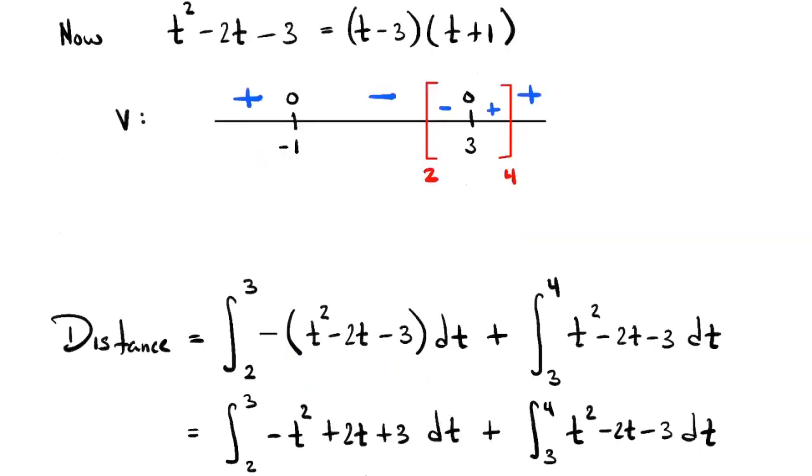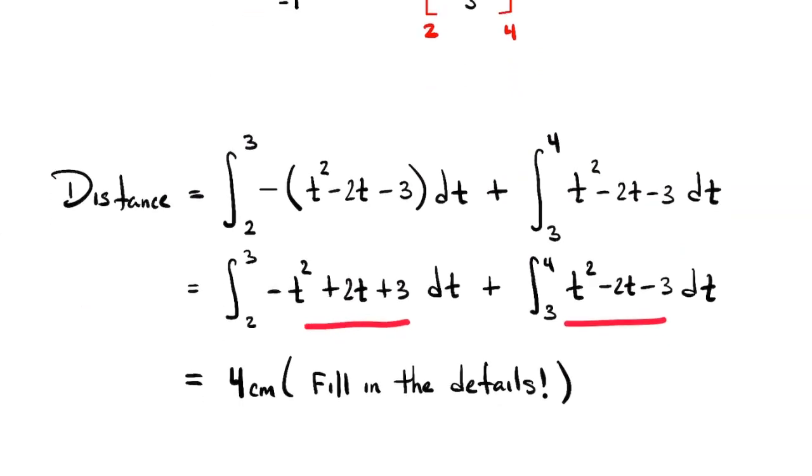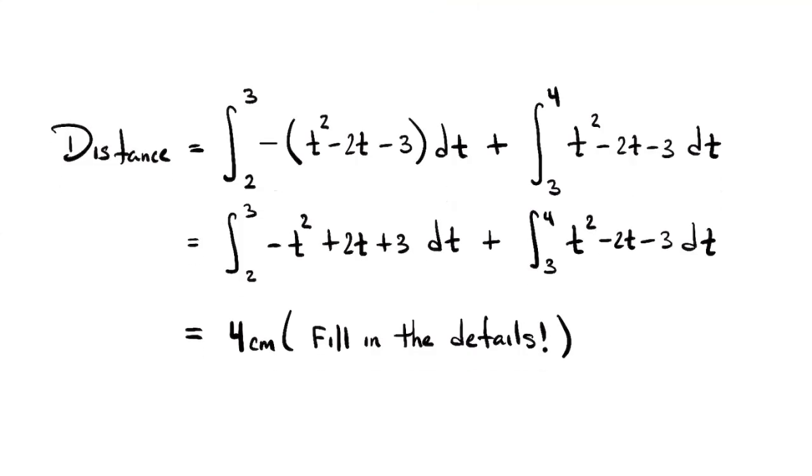All right, and now I multiplied that minus sign through there. I'll leave it to you to find the antiderivatives and do the arithmetic, but when you're all done, you should get 4 centimeters. So what is the conclusion? The object over the interval from 2 to 4 travels 4 centimeters, right? The total distance traveled